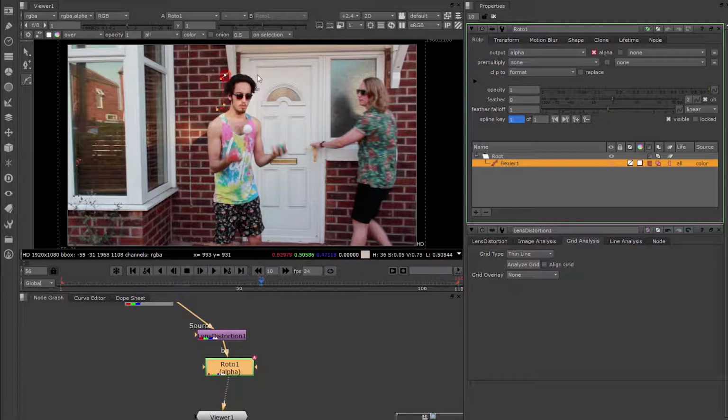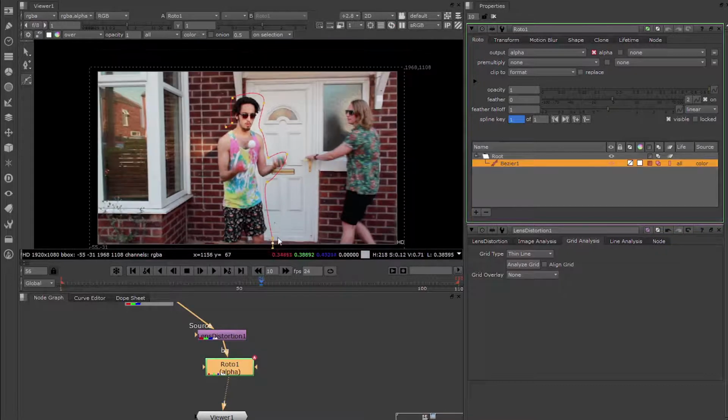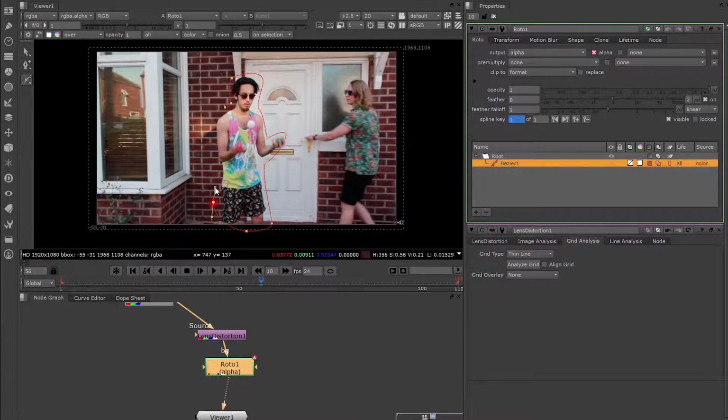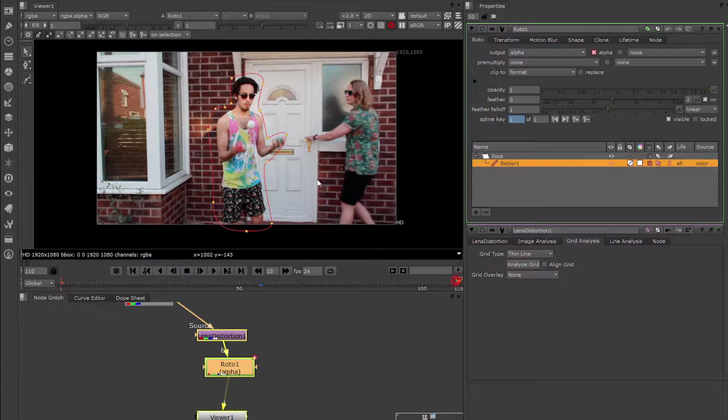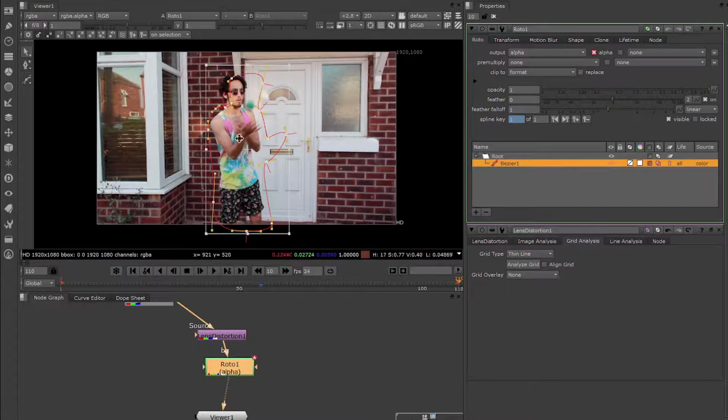So in the roto node, just start drawing around one of the characters or objects in your scene that you want to paint out. In Nuke you can just start drawing your roto and everything's automatically keyframed, so if I skip ahead in the timeline, like I'm going to do now, I can simply just reposition this. You can select it all at once if you like. I'm just going to start repositioning it and it will automatically start keyframing between those two different roto shapes we